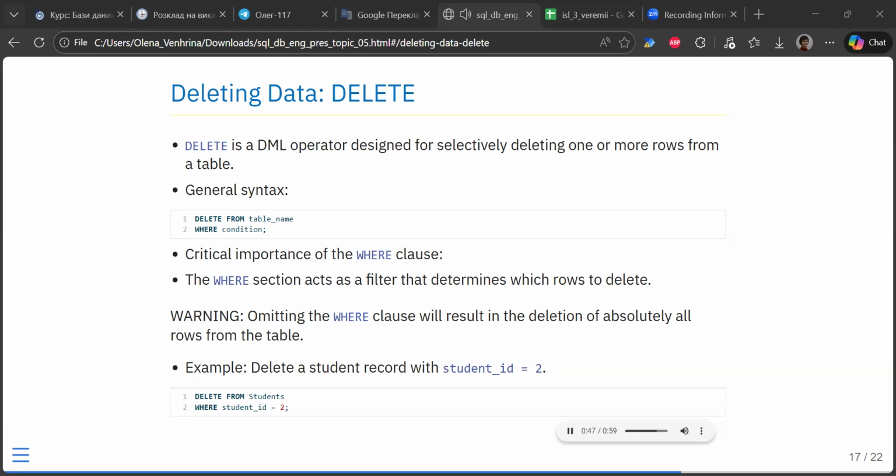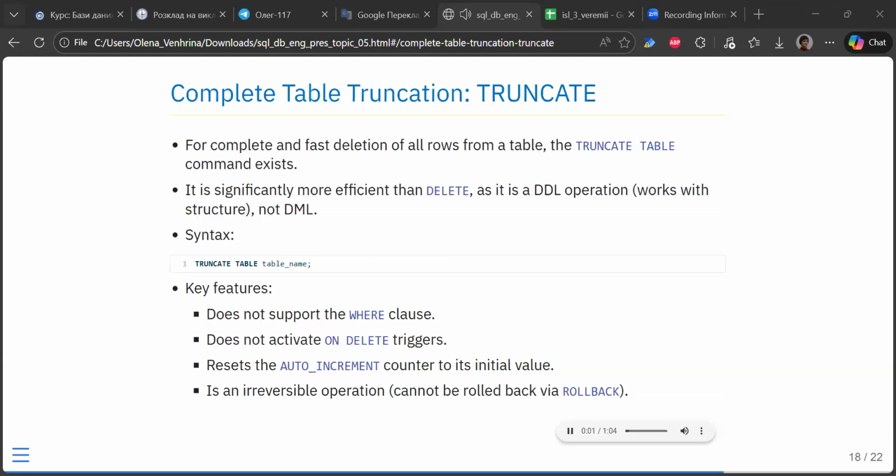The example provided demonstrates a safe, targeted deletion. Thanks to the where student_id equals 2 condition, only one clearly defined record will be deleted from the students table. So besides delete, the truncate table command exists for deleting all data from a table. It's important to understand that this is not just a faster equivalent of delete without where, but a fundamentally different